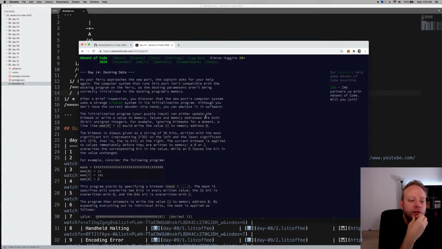Values and memory addresses are both 36-bit unsigned integers. For example, ignoring bit masks for a moment, a line like mem[8] = 11 would write the value 11 to memory address 8. Okay. The bit mask is always given as a string of 36 bits, written with the most significant bit representing 2 to the 35 on the left. Okay. And the least significant bit,